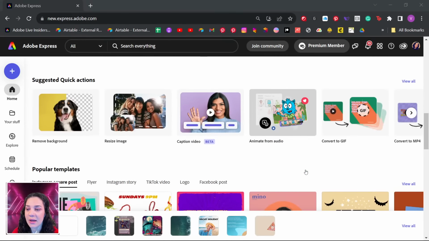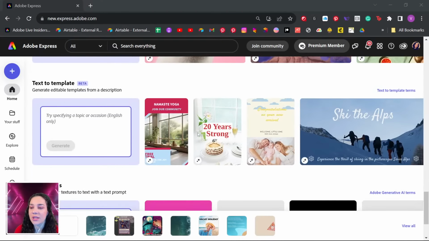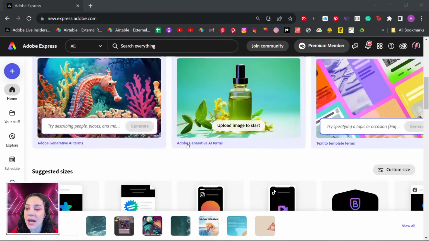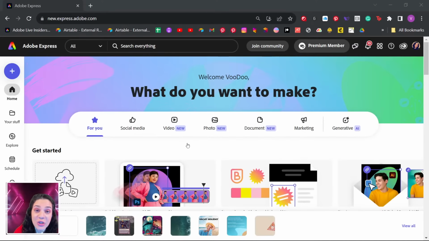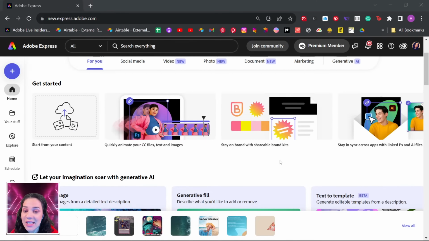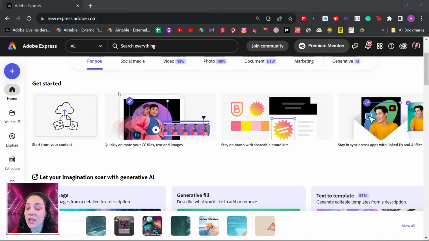They have some suggested quick actions. You have tons and tons of templates that you can go through, all the different generative features within Express that are available now. They have add-ons to explore. Really excited about these shareable brand kits, stuff like that. A lot of the 3D add-ons have been really interesting to explore, but we are going to just go start